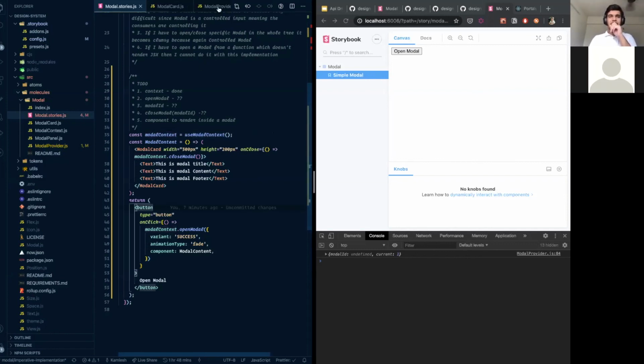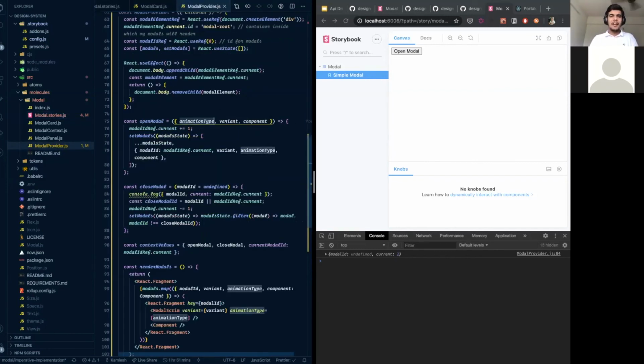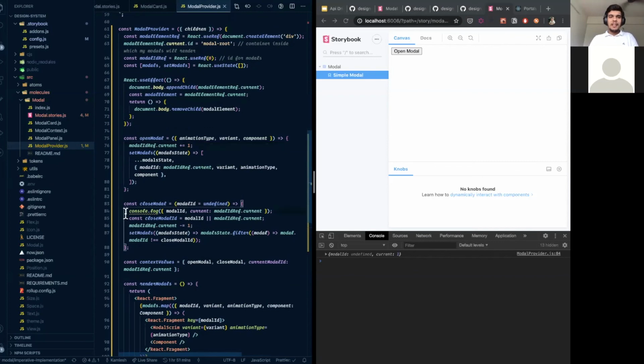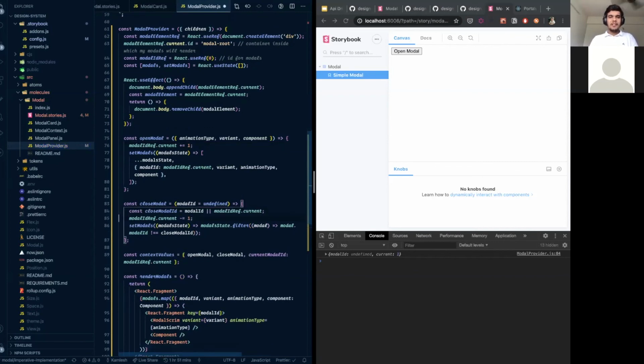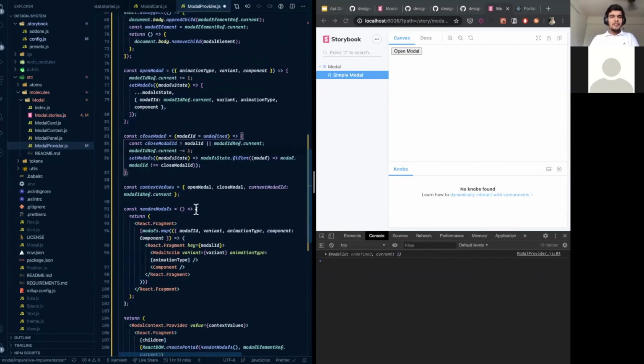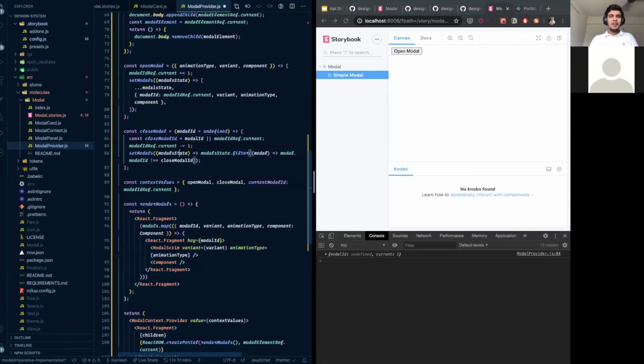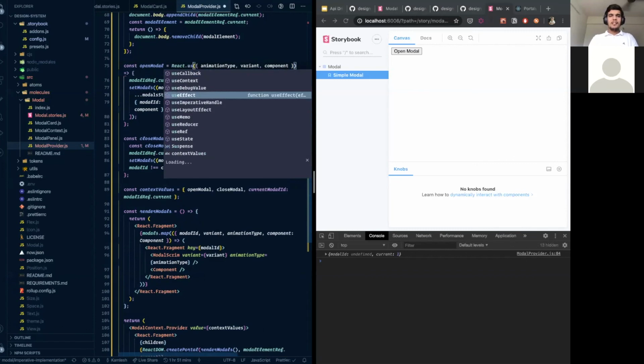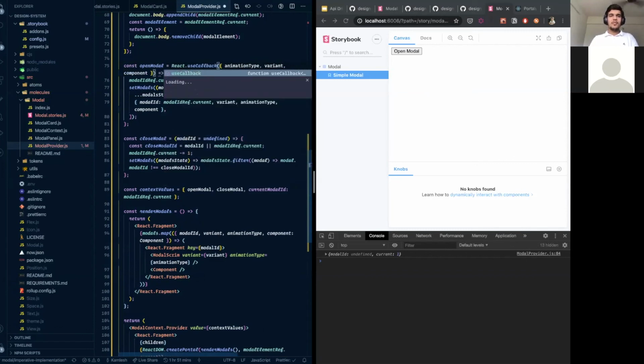We could also add certain optimizations, like putting this inside a callback, because you don't want to keep creating these functions on every render.